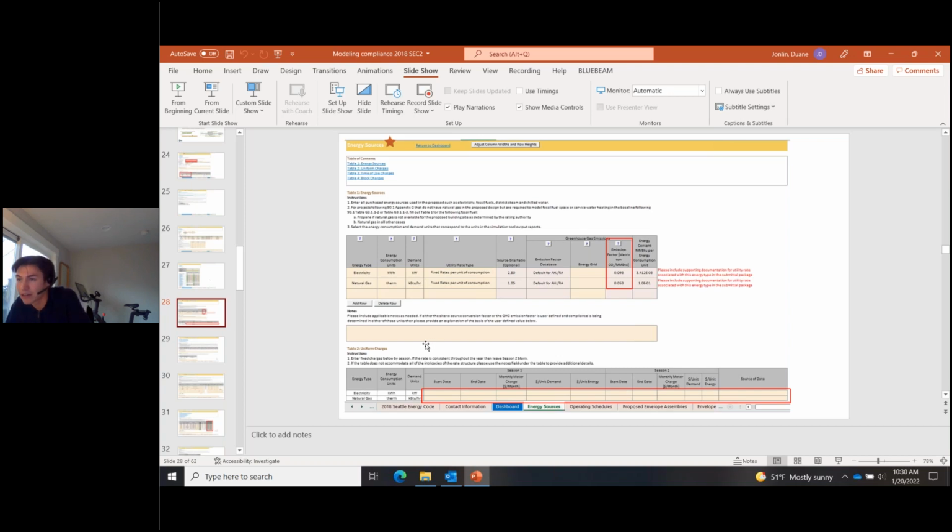At the bottom, we've got this table 2 uniform charges, and I've just left it blank. So this is, I guess, just another bit of guidance as you're filling out the workbook. Just a reminder that it was built for 90.1 compliance. And since we're using it for Washington and Seattle Energy Code, there's some parts of the workbook that are not applicable to us. So since our compliance is not a function of cost savings or anything, you don't need to fill out the uniform charges table.